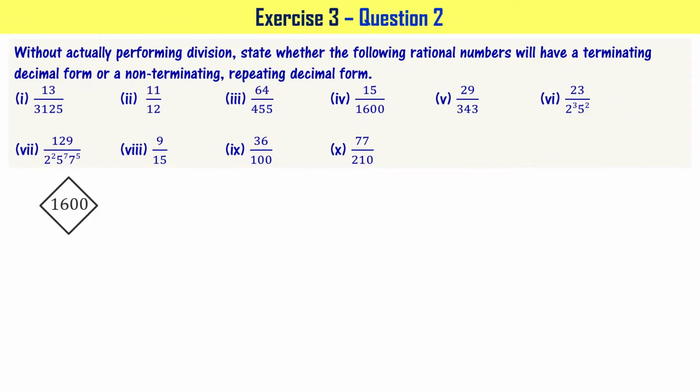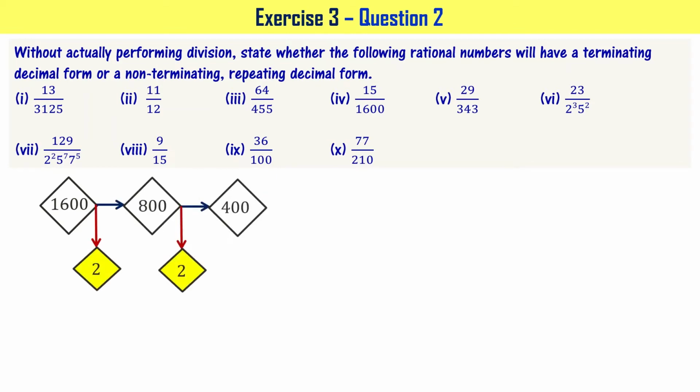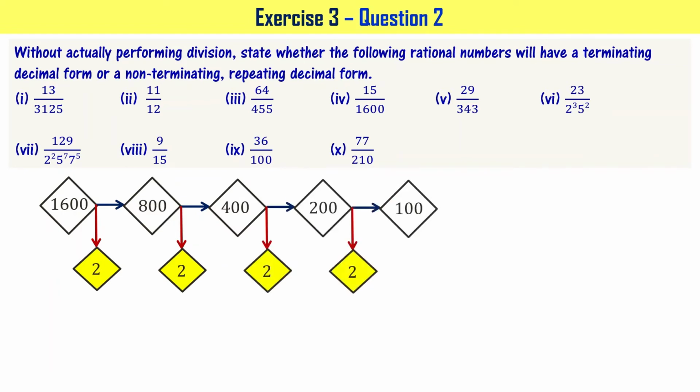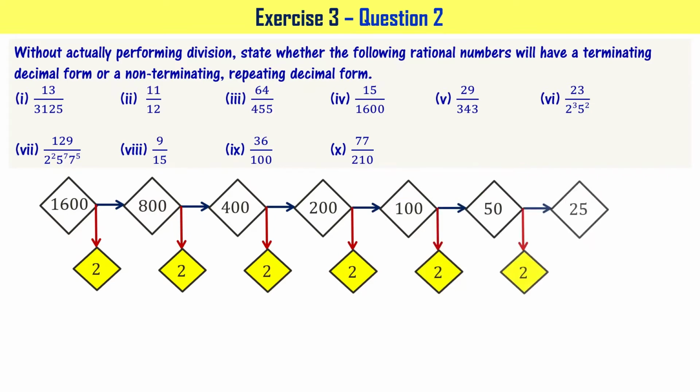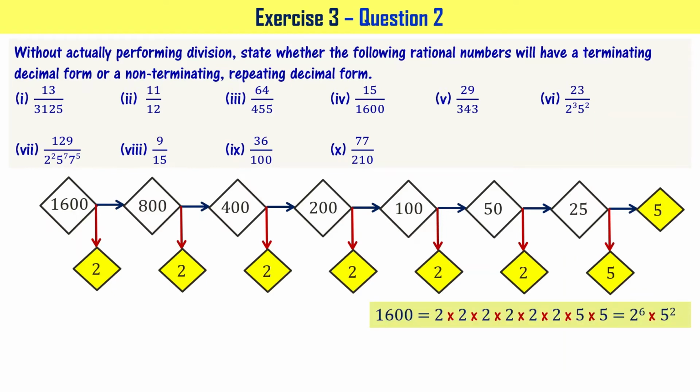Let's write prime factors of 1600. 1600 can be written as 2 times 800. That can be written as 2 times 400. That can be written as 2 times 200. That can be written as 2 times 100. 100 is equal to 2 times 50. 50 equals 2 times 25. And 25 equals 5 times 5. So when you write the prime factors for 1600, you will be writing it as 2 power 6 times 5